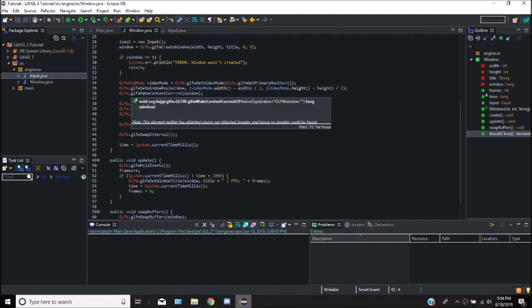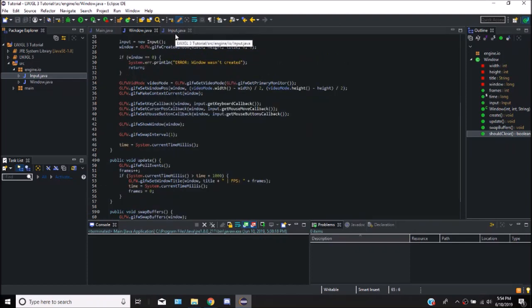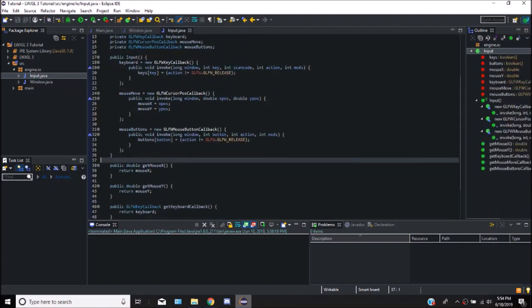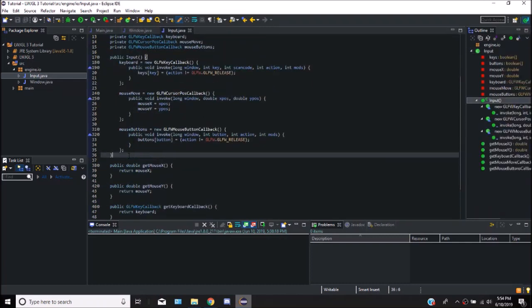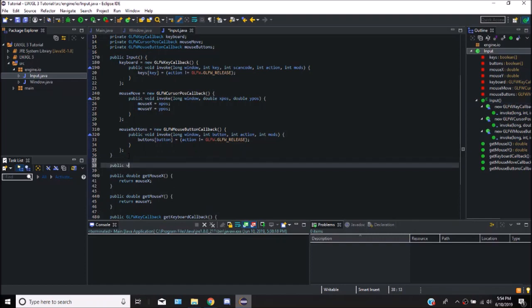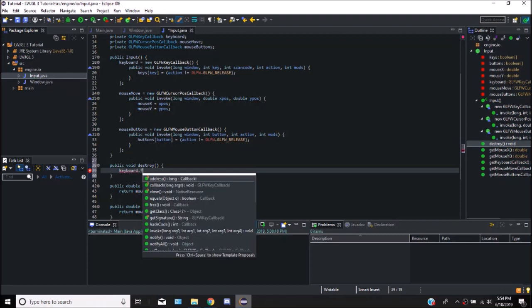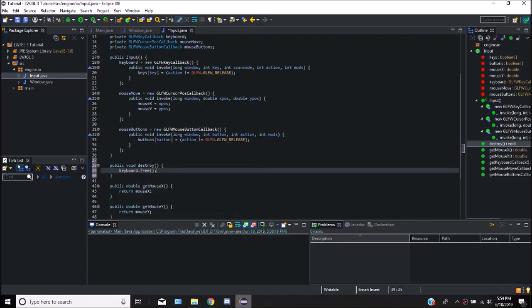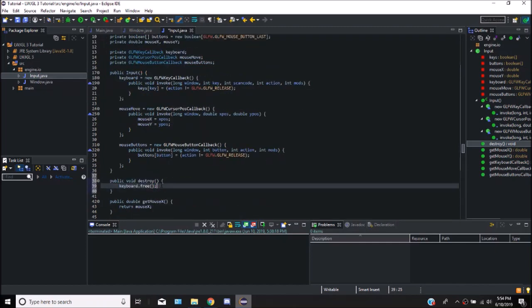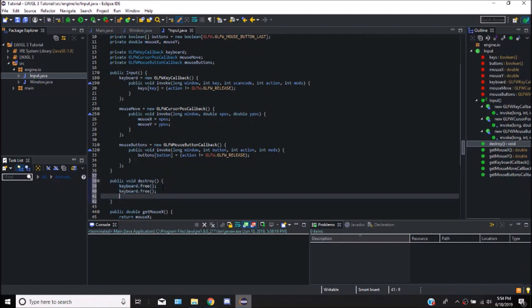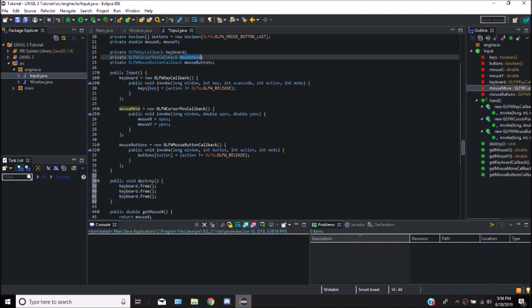Okay, so now that we get the callback set, before we actually run this and test it out, I want to have a function that gets rid of the callbacks after we're done. So to do that, we need to say public void destroy, and then in here we need to say keyboard, or whatever you called yours, keyboard.free. So what this does is it gets rid of it. This gets cleared. There's no more callback anymore. We're going to do the same for the other two,